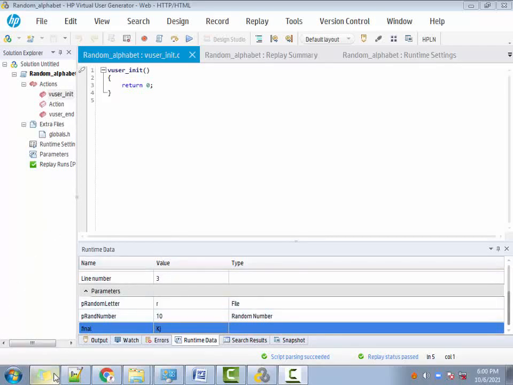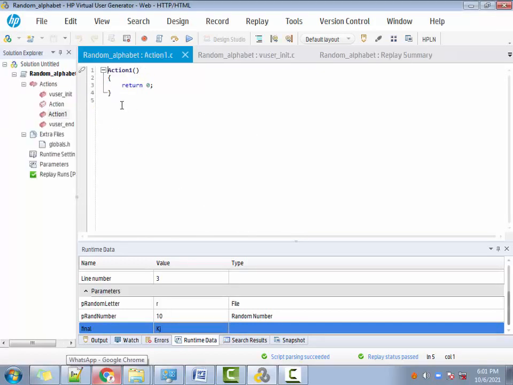A dear friend of mine, Madhu, was asking one question. She was asking if we can come up with a simple logic to